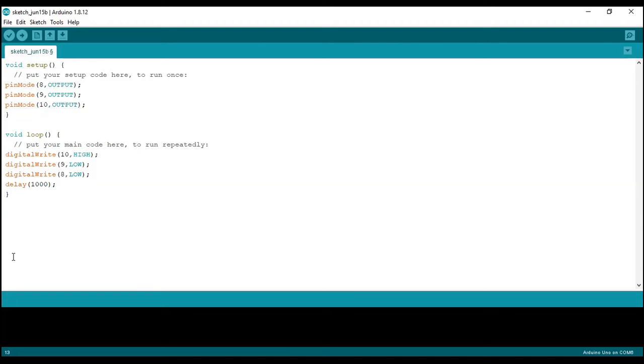Copy and paste the same code and change the value in digitalWrite function. Now turn off the first and last LED, so type LOW in digitalWrite function for pin 10 and pin 8. Type HIGH in digitalWrite function for pin number 9. It will turn on the second LED.